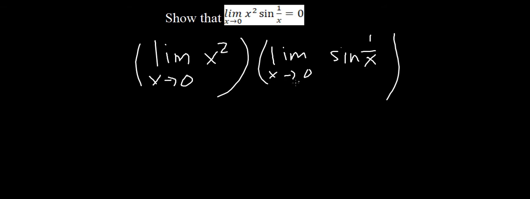You cannot divide by 0. So therefore, because this does not exist, sine of 1 over x does not exist, we actually can't use the product property in this case. So we're going to have to use a different idea, and I suggest that we use the squeeze